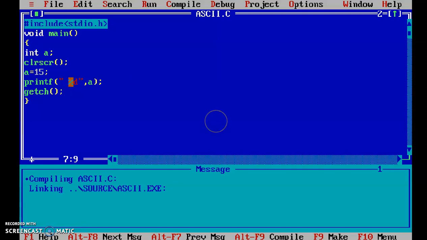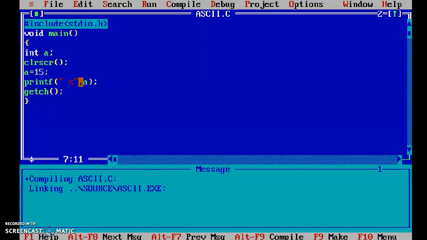Now, I don't want to print the value of a variable. I want to check what the address of the variable is in memory, the place at which this 15 value is stored, or where this variable a of integer type is created. So here we need to make a little change.